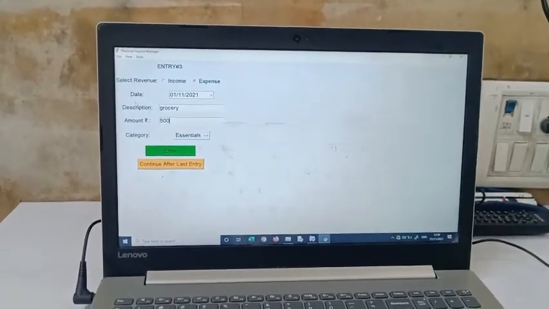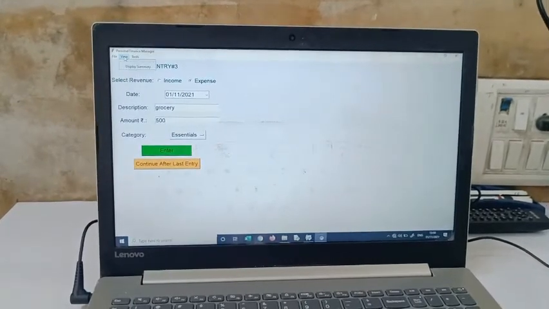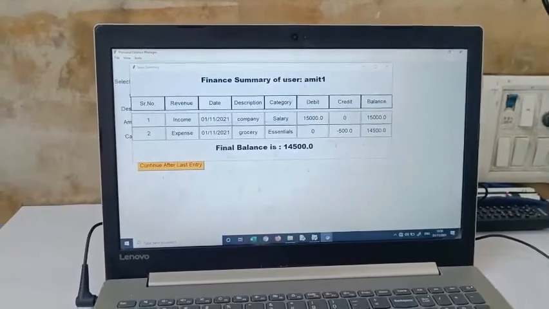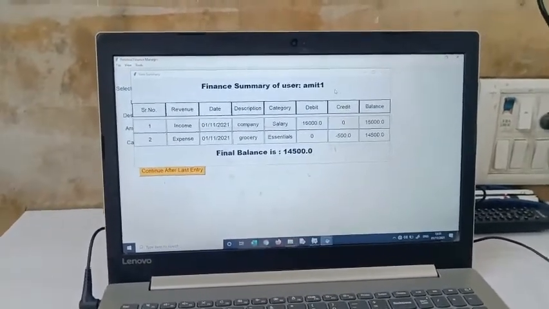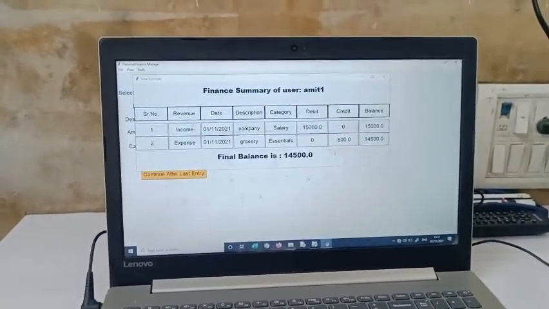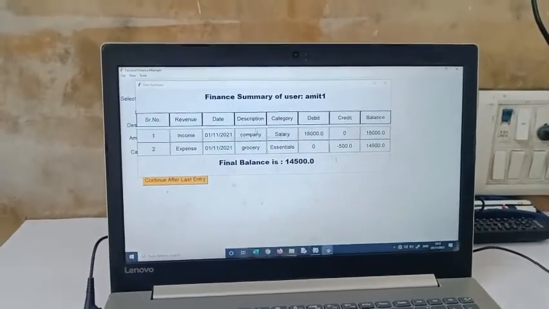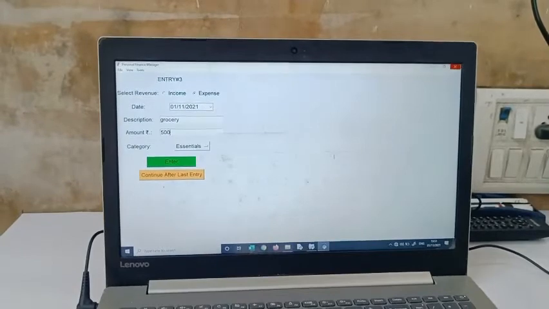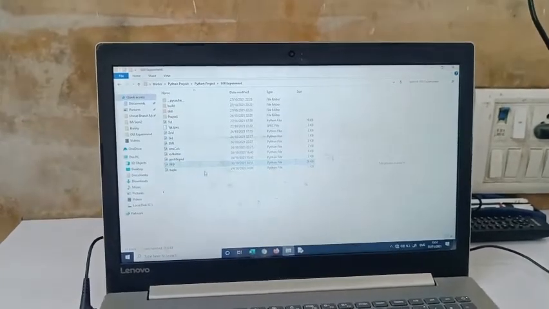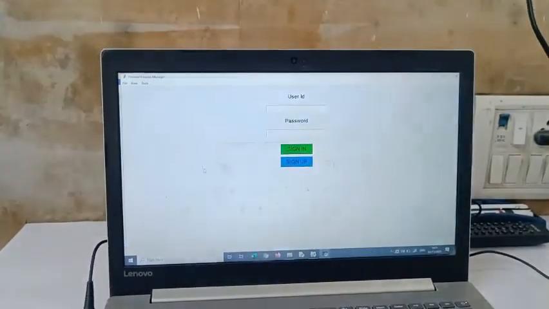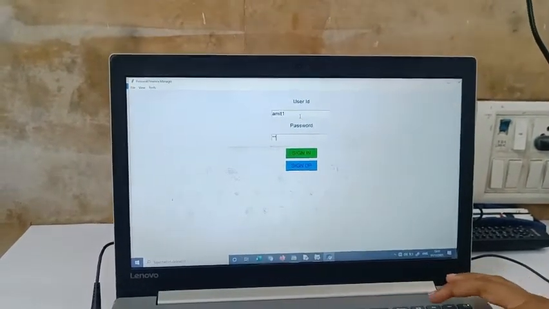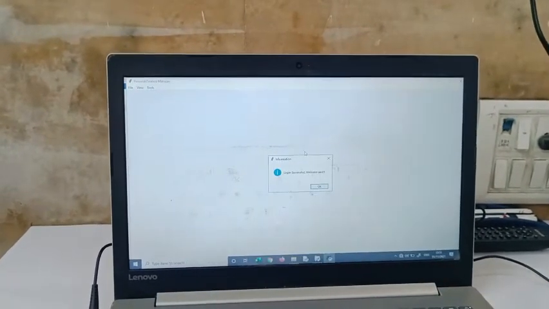Now if you want to see your entries, you can go under view and select display summary. Under this you will see the finance summary of user Amit1: serial number, revenue, income, date, description. Okay, now if I close the software and you want to log in again, Amit1, 1245, sign in.